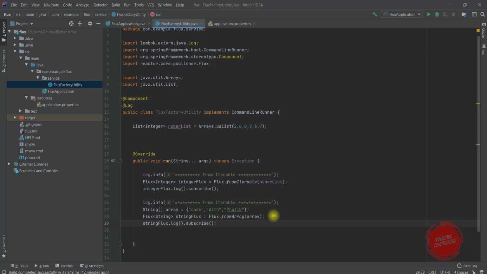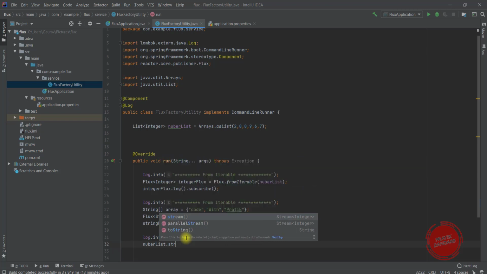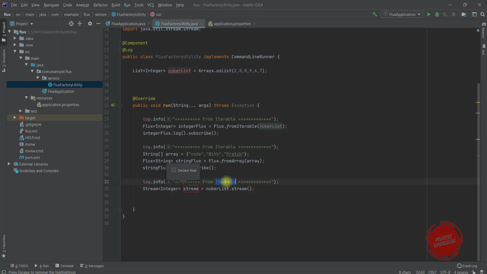Now I'm going to create a Flux from streams. Java 8 provides the facility of stream, so we can convert any list or any collection into a stream with the help of dot stream. So we have the number list here. I'm taking numberList.stream, so we get a stream of Integer.